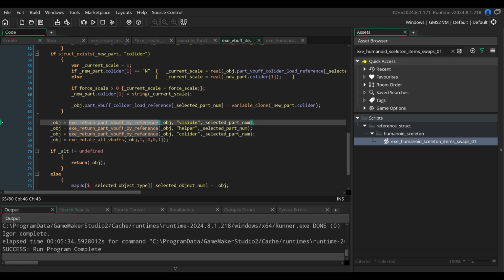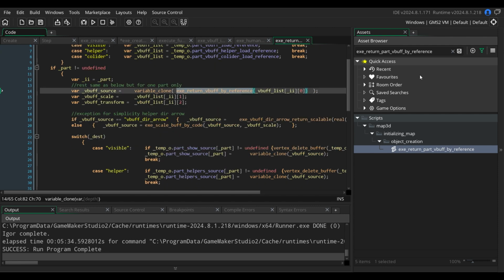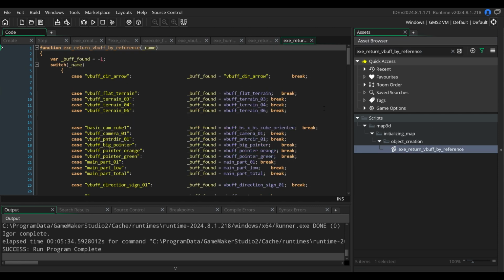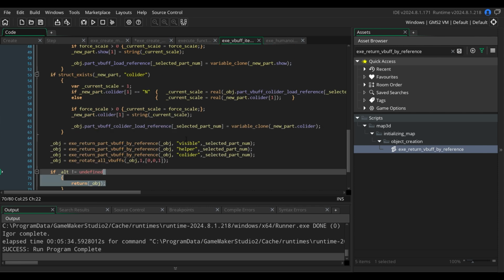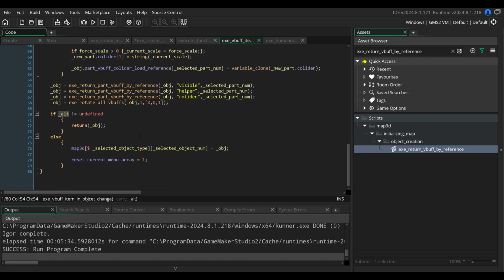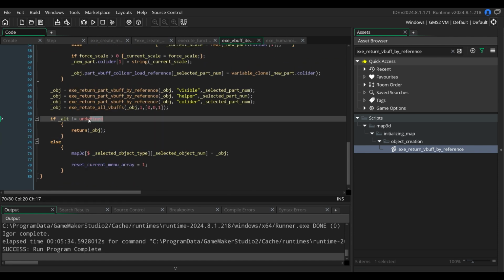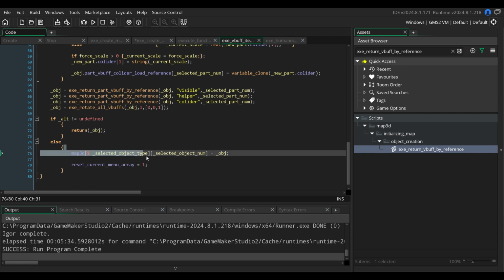Then we are returning part by reference. It is the same thing we were referring to during object creation, so this exact same script is loading as some vertex buffer that we have loaded at the start of the game, and returning it if we are passing from game, so this value exists, it's not undefined. This one is read. It's returning the object,